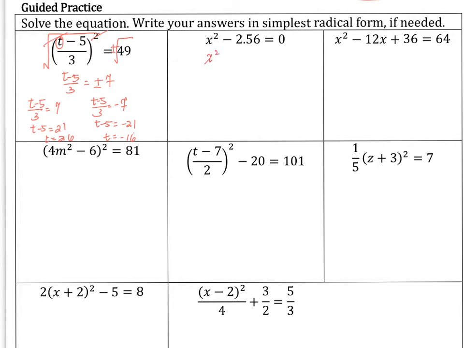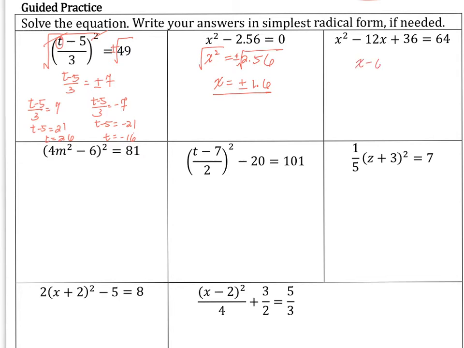For the second one, x squared, and we could move negative 2.56 to the right hand side and change the sign. And now we could take the square root of both sides, and this will be x equals positive or negative 1.6. And for this one, we can do